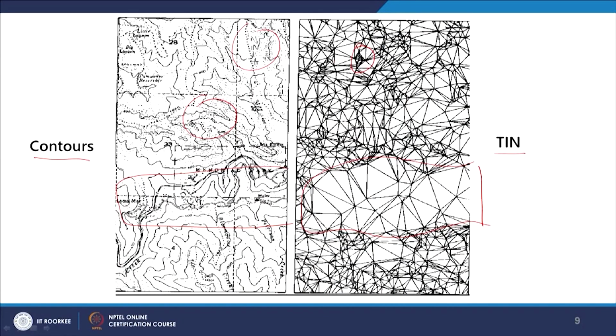So, here you can see very dense triangles have been formed, means smaller triangles have been formed, because of the biggest advantage of the tin: it is adaptable to relief roughness, and therefore there is hardly any redundancy in the tin. Whereas a typical raster, a grid or a digital elevation model, is not adaptable to relief roughness, and many times you would find there is a lot of redundancy, and therefore you can achieve good compression with raster, but with tin hardly you can achieve any compression,